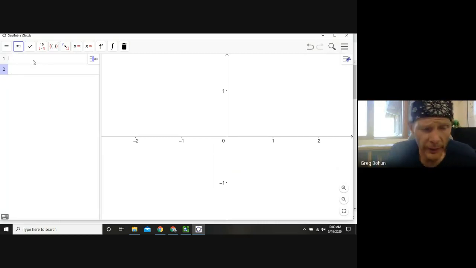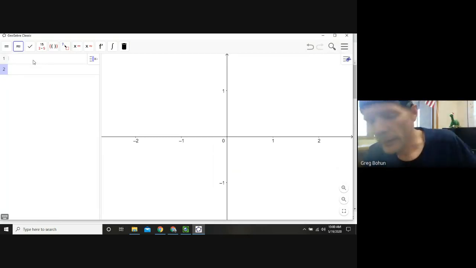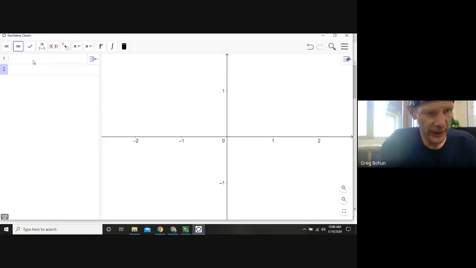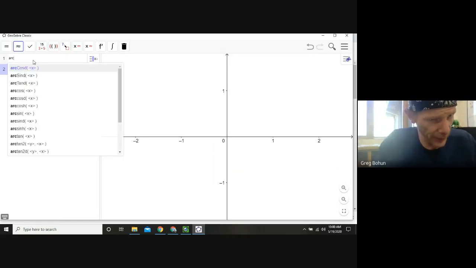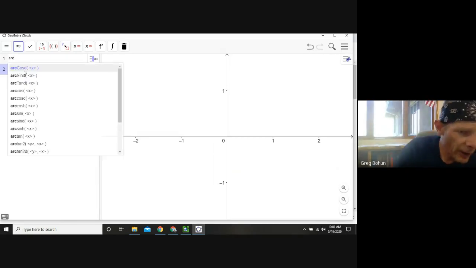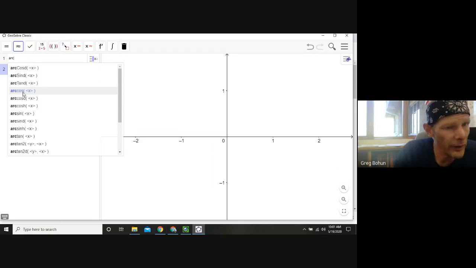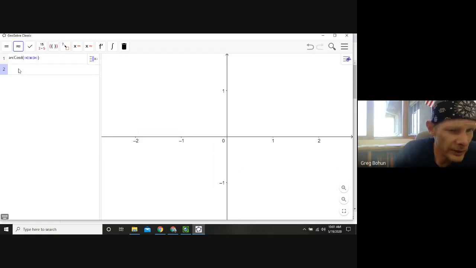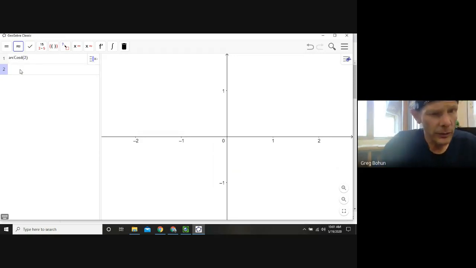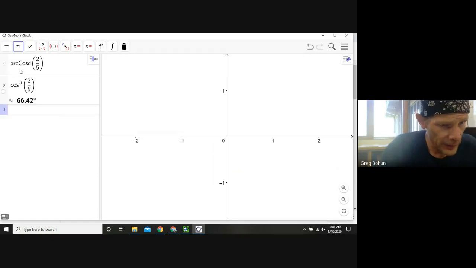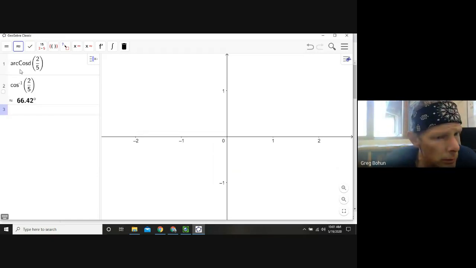Okay, GeoGebra? GeoGebra uses the command arc, just like Google Calculator. When I put inverse sine, an arc popped up. So I type in arc cosine. Here we have an arc cosine with a D and an arc cosine by itself. The arc cosine by itself is going to give you a radian measure. This one's going to give you it in degrees. So 2 divided by 5, I'm going to hit enter, and I get approximately, uh-oh,